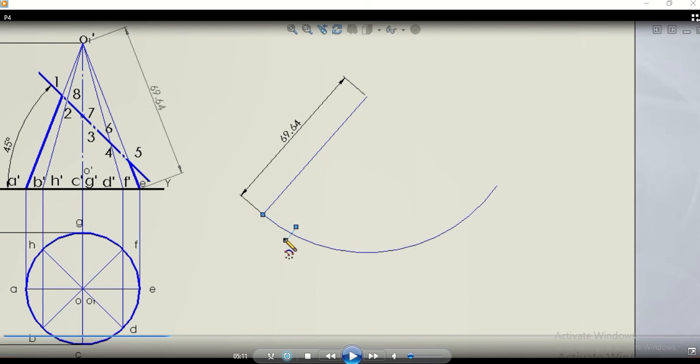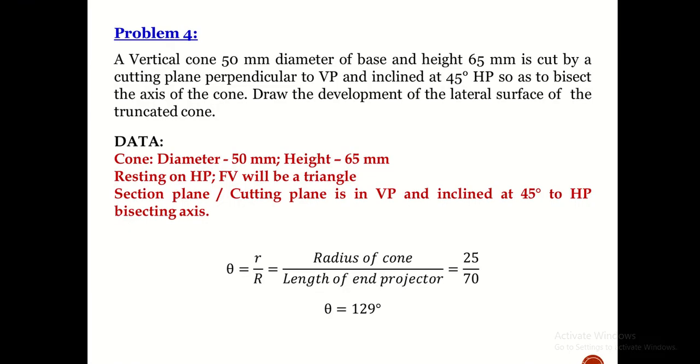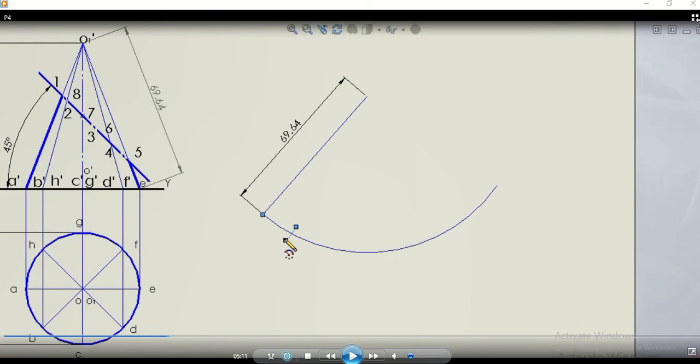After drawing an arc, now we need to divide this arc into 8 equal parts. The total angle is 129 degree. Instead of drawing the arc for 129 degree, you can simply draw an arc, and then cut arcs on this already drawn arc by measuring. You require 8 equal parts, right? So the obtained inclination is 129 degree. If you divide 129 degree by 8, you are going to get 16.125. You can measure that length with the help of a compass, and you can keep on cutting an arc on the already drawn arc.